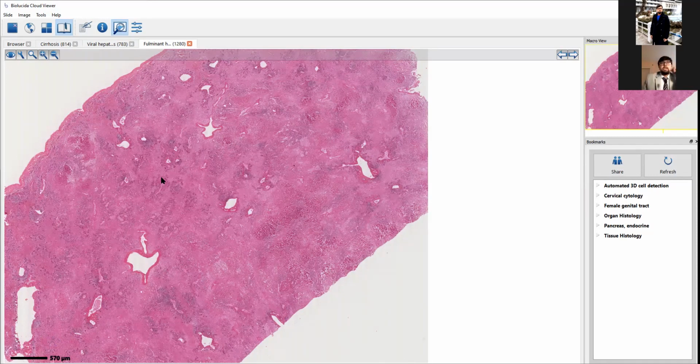And if you look at my cursor, you see these dark pink areas. Those are all areas of necrosis, right? This is an area of fibrosis. This light pink area of fibrosis. Light pink areas, all areas of fibrosis, right? This is one of the central veins. These are all central veins. And you can see that the central vein, instead of remaining circular, has become deformed because of compressive changes. Here is where you see fibrosis, right?